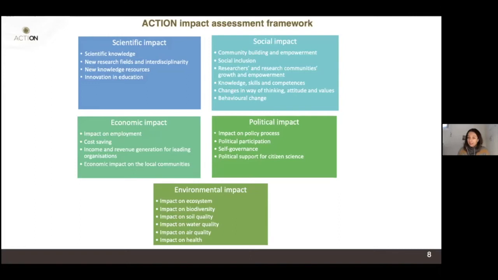They have data sets on that, but it's not the main expected impact. So let's say that scientific knowledge from 1 to 5 can score 2. While innovation education, which is the last subdimension of scientific impact, is a 5 for them, because they want to see if citizen science is a viable way for doing science, for teaching science, and for teaching environmental education with kids. And the same goes for the others.